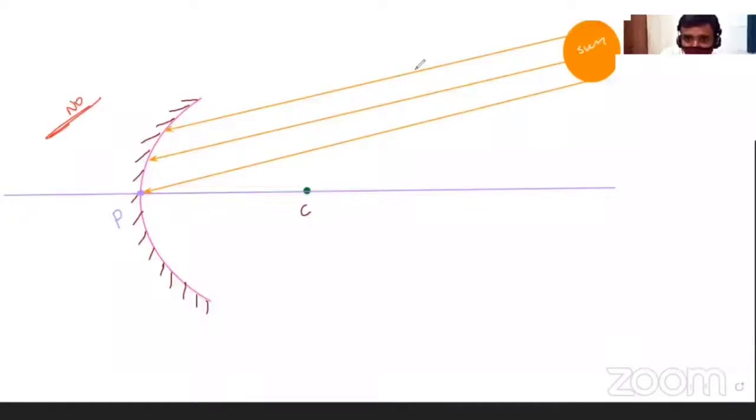So I will use a different color for you as a screen here. Let me use a light blue color here. This is a screen, right? So I have a screen now. What I will do, just from the mirror surface, I will move this screen away from the mirror surface to find that image. So somewhere I will get that sun on the screen, small. That means light is focused on the screen, right?